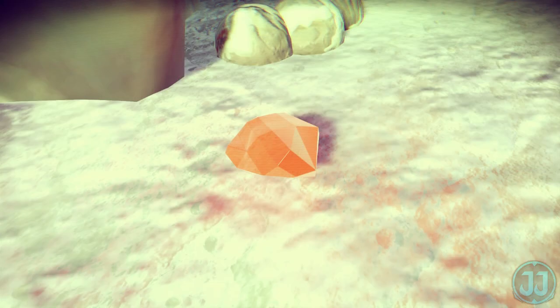Next we got Copperite. Now Copperite is the fecal matter of animals. So basically, if you want Copperite for whatever reason, just go up to a creature that's non-hostile. Some animals you have to feed them carbon, iron, or iridium. So it kind of differs with creatures, but you feed them, you kind of follow them around for a bit,